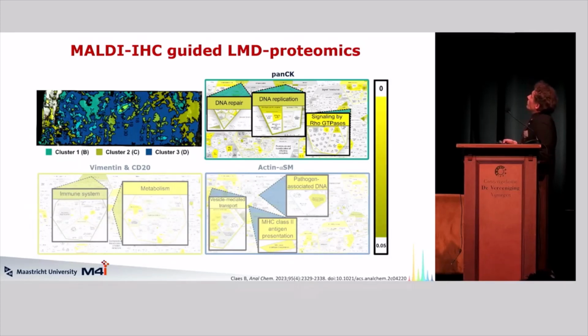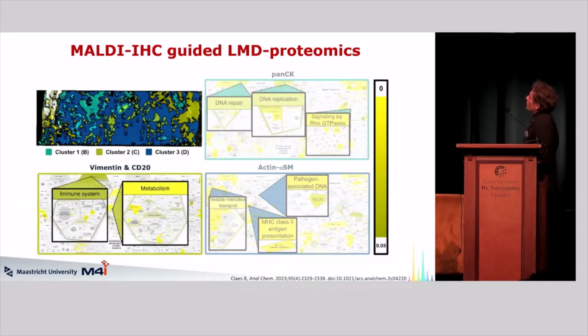We saw pathways that we would expect from cancer tissues. So a lot of DNA repair, DNA replication, and Rho GTPase signaling, which is nice to see when we have cancer tissue, of course. So for the second cluster, the yellow cluster here, this cluster was